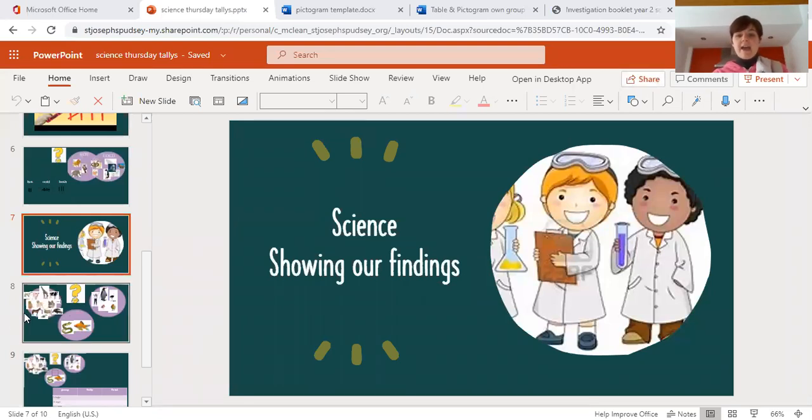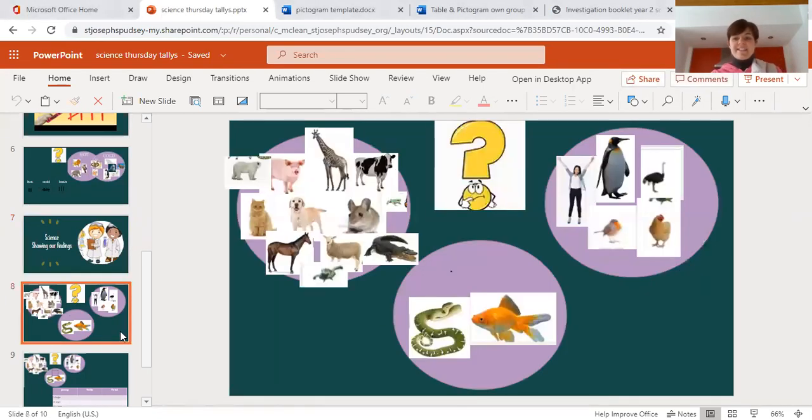Okay, so well done for yesterday's grouping. How did you decide to group your animals? How many animals did you tally in each of your groups? Do you remember the tally marks? 1, 2, 3, 4, and 5 across? Super. So if you haven't got your groups and your tally marks handy today, don't worry, because you can use